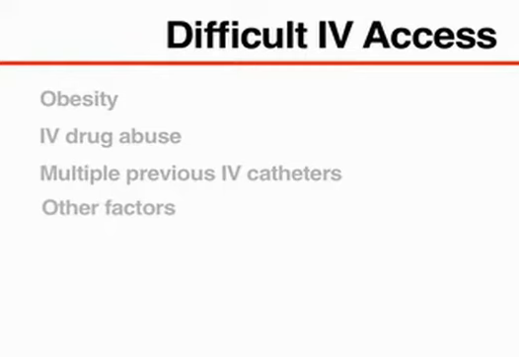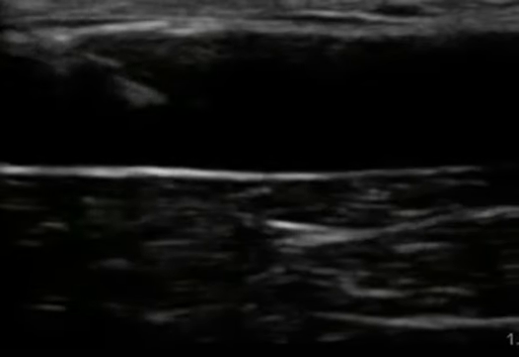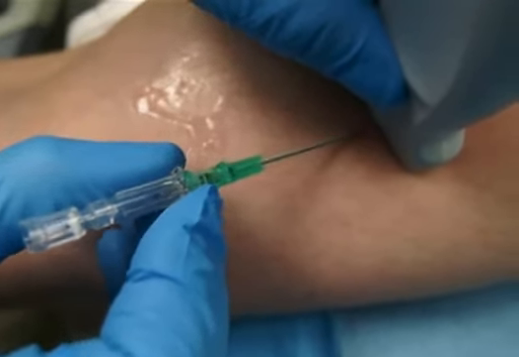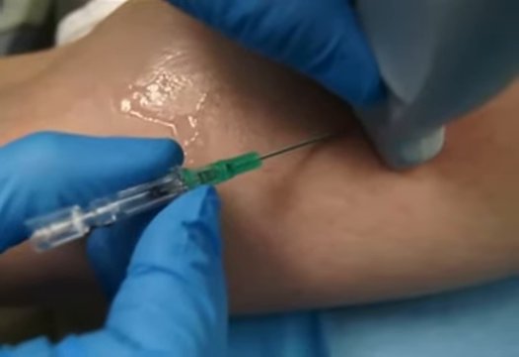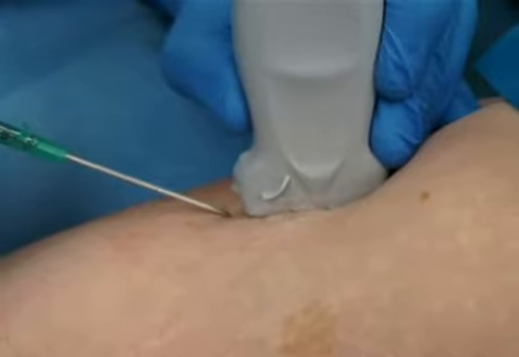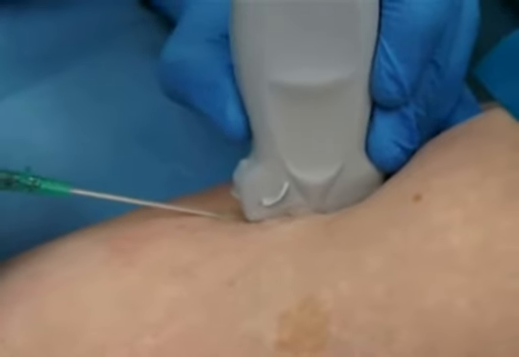IV access may be difficult because of obesity, IV drug abuse, the placement of multiple previous IV catheters, and other factors. In these situations, ultrasonography can facilitate IV catheter placement by allowing visualization of veins that are not apparent on physical examination. It is reasonable to use ultrasound guidance after 2 failed attempts at standard IV catheter placement, and it may be best to use ultrasound guidance immediately if there has been a history of difficulties with IV access in